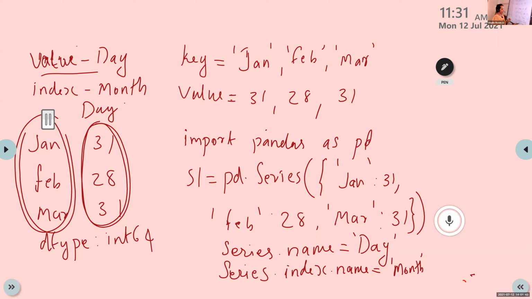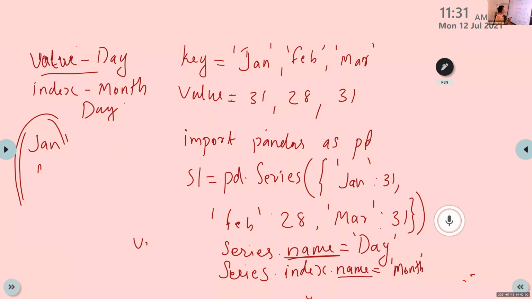And after that, I am giving a name for index. For naming index, we give series.index.name is equal to month. For naming, we are using the property name. For value naming, the statement is series.name is equal to day.